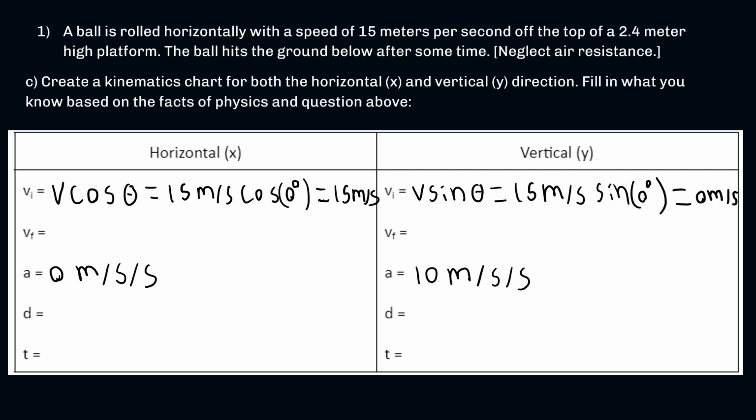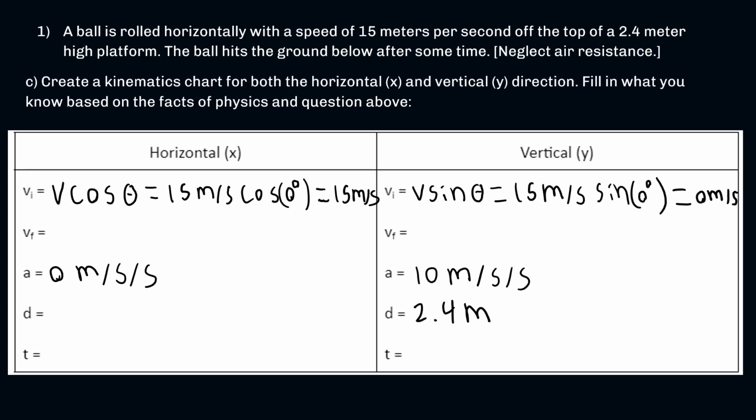Last time I checked, height is up and down. That's going to be the vertical direction. So my distance here in the vertical is going to be 2.4 meters. And that should be everything we are going to have, both the x and the y direction. Again, this is a very good practice to do for any kinematics question. You want to make a chart as well. But any projectile question, you want to make the chart for both the horizontal and the vertical direction,